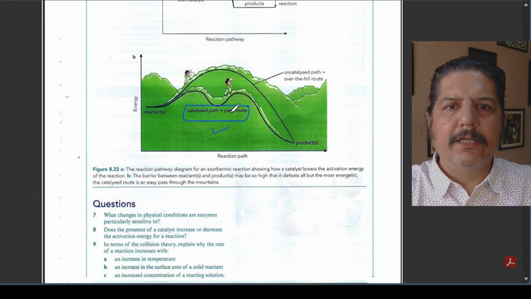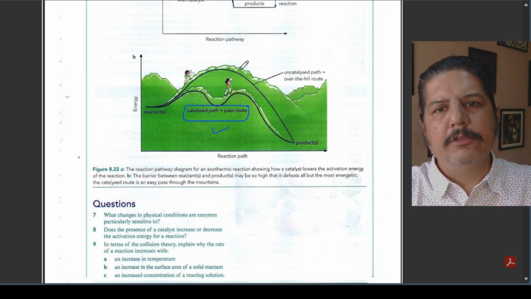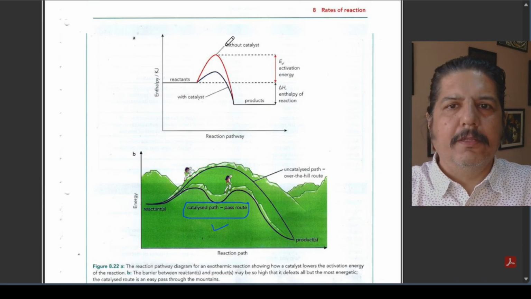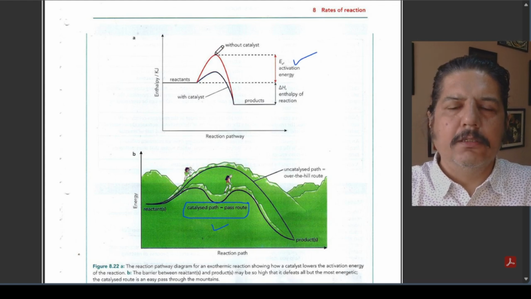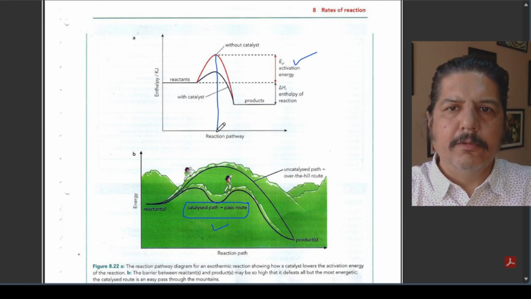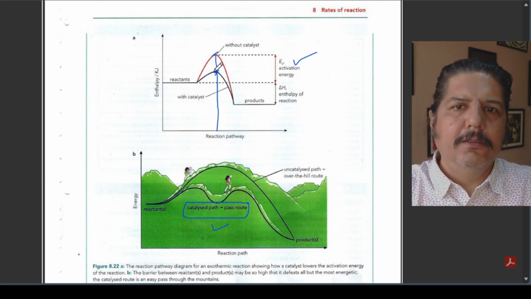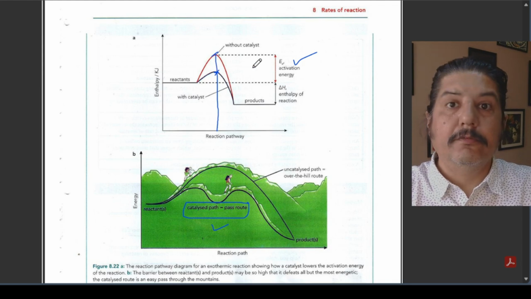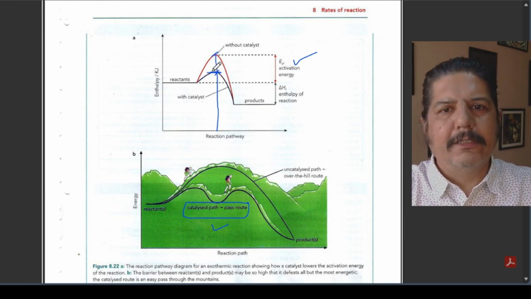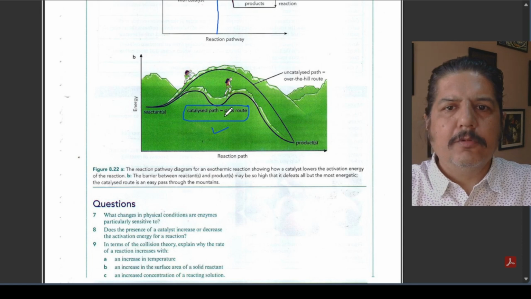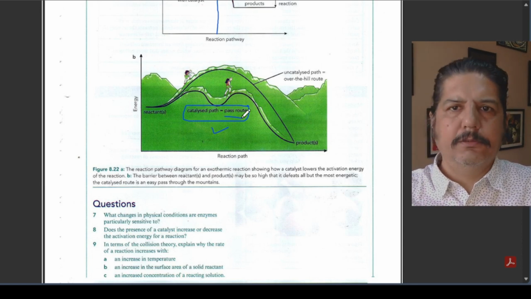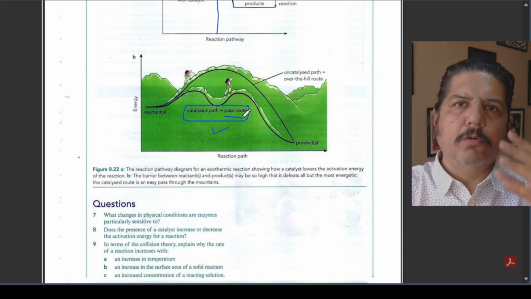What a catalyst does is basically, if there was no catalyst, the reaction would have taken this path, where the energy of activation would have been more. Same is being explained here. If you see, the activation energy is more when you are doing a reaction without catalyst. But when you are doing the reaction with catalyst, the activation energy is lesser, because a catalyst provides an easier path for the reaction. So that is the role of a catalyst.